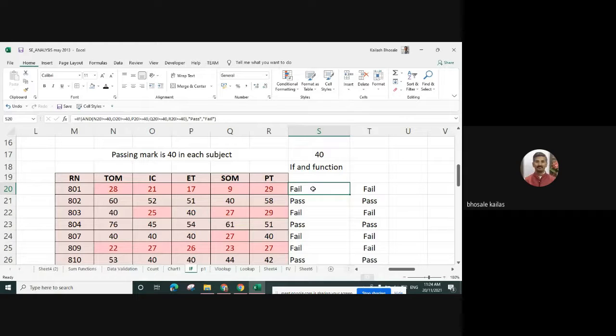Here we want to find out whether the student has failed or not. In that case, we can use the AND function. Similarly, here we can use the greater than or equal to value.